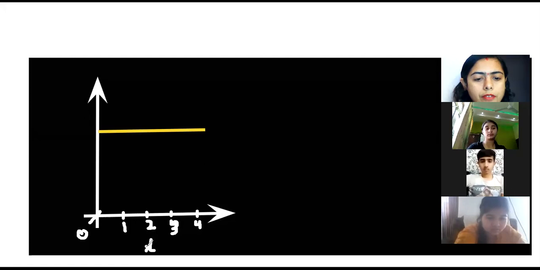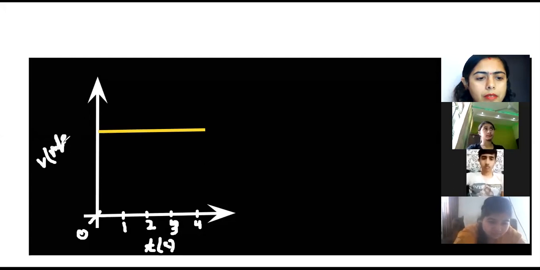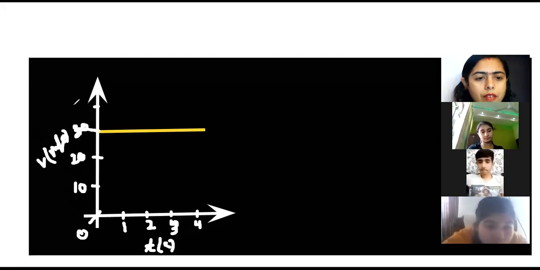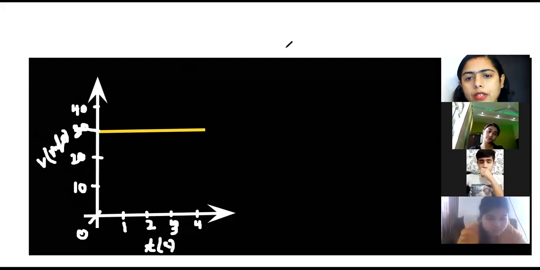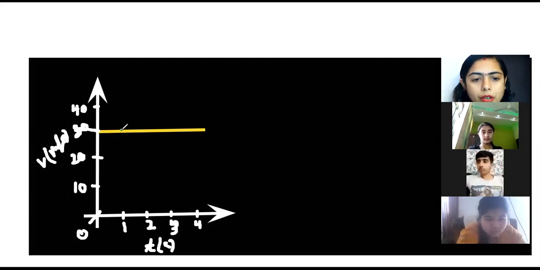On this side we have time in seconds. Then on this side we have velocity in meters per second. Fine. We can have here value 10. Then we can have here value 20. This value can be 30. Here we can have the value as 40. Fine. Okay. Now the question to you is, you have to find out the displacement of an object